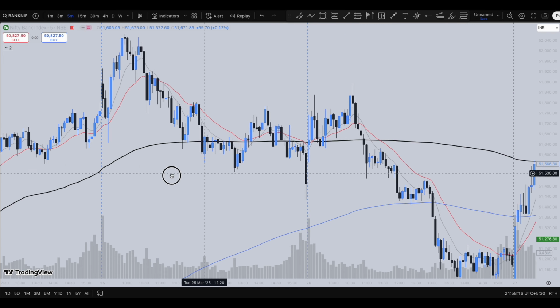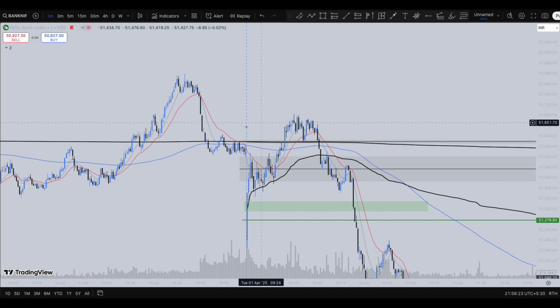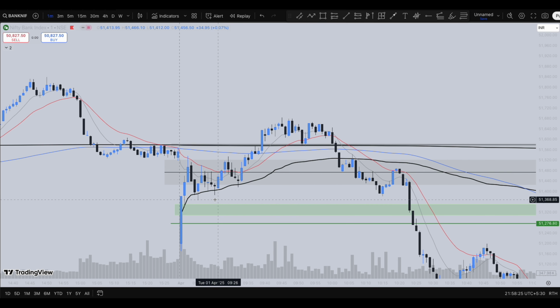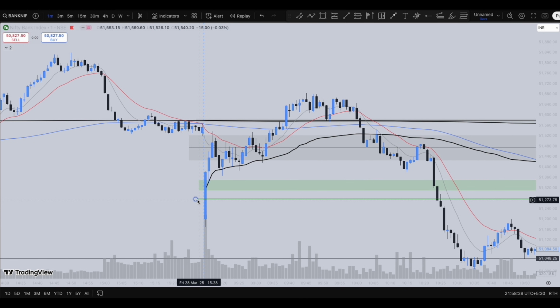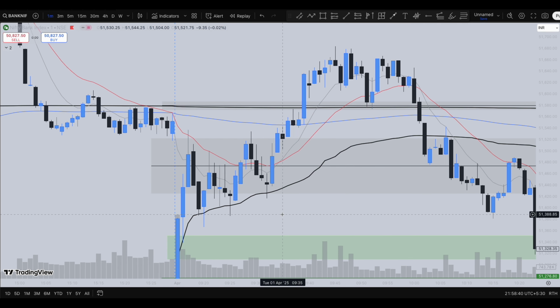If you look at the 5 minute time frame, you can see the market even breaking this 5 minute 200 moving average zone as well. But before that, you can see the market trading above the mid of the first 5 minute candle, and the price rejecting from these levels, guys. You can see here the price rejected from VWAP levels. This is the day VWAP level. Here the price rejected from VWAP level, and here the price rejected from VWAP level.